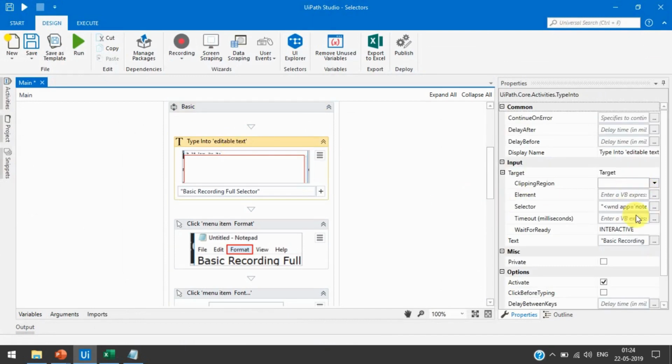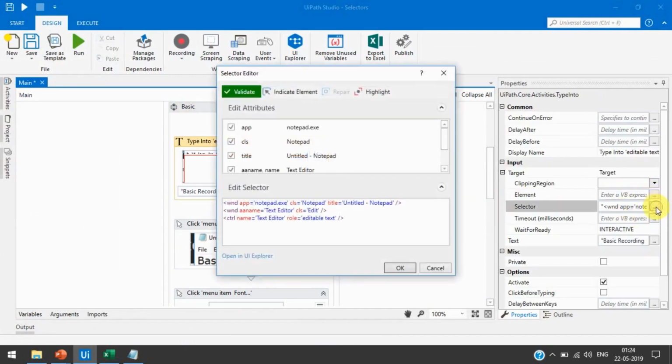If you click on the selectors, you will get here the top level element. It shows that UiPath is going to use the notepad application, the class is notepad, and the title equal to untitled notepad, and these are the different things. So this is the main thing, the top level elements.